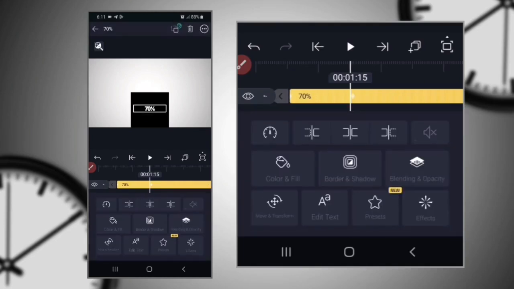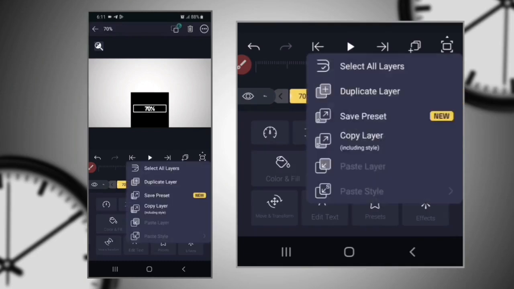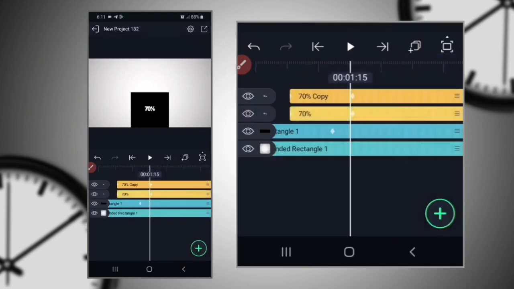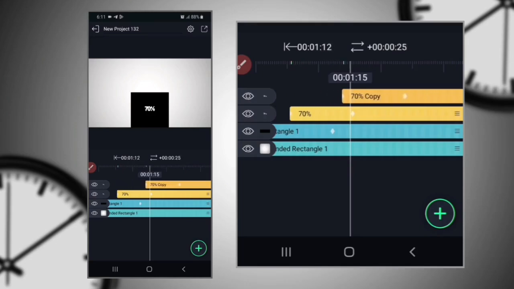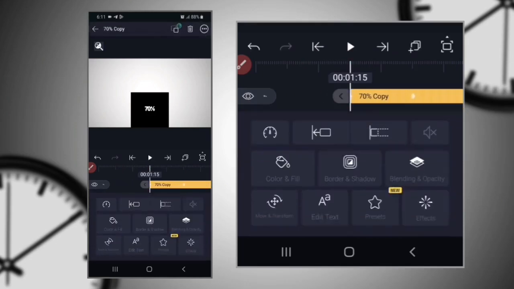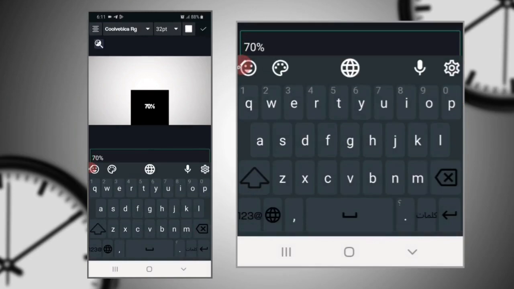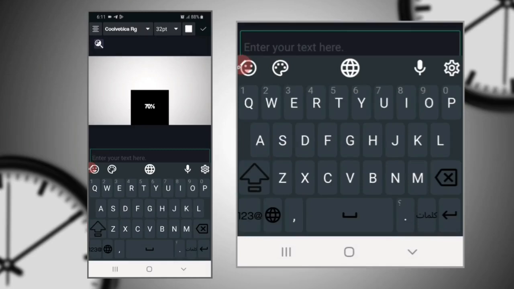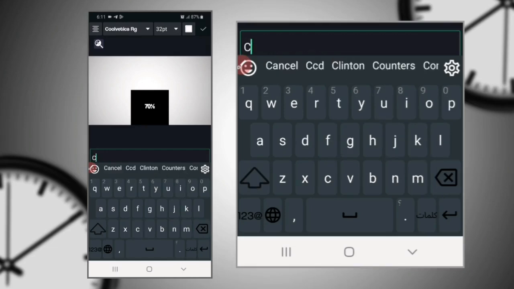Now click on the text layer here and then duplicate it and bring it here, the copy layer. Now click on the edit text and change the value to the country name. I mean, you can add everything. You can add the country name you like to have, or you want to apply this animation on. For example, I want to write China,